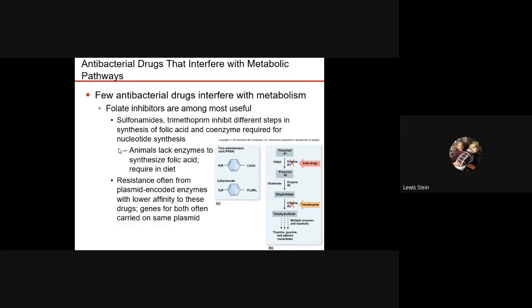It's the reason for prenatal vitamins, is we had to make sure moms were getting the appropriate vitamins, particularly folic acid. Because back in the day, we had a lot of kids born with spines that didn't fuse properly, and pieces of their nervous system began to protrude. It was nasty. I mean, this was back in the 50s and 60s. That was because of folic acid not being there. That they're going to ask you about. That you're going to have to know. But bacteria make it themselves. So this is one of those examples.